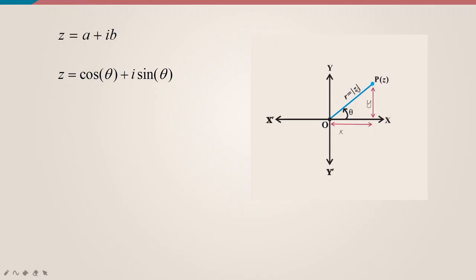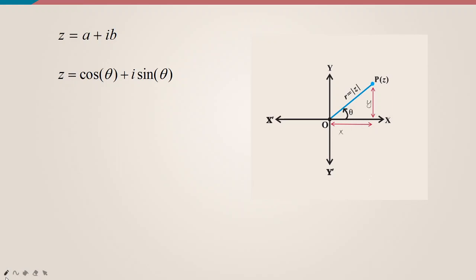Now if I want to scale it up, I'll come to that. I just want to show you now that z can also be written as cos theta plus i sin theta. Because now I know cos square theta plus sin square theta will be 1, the z value will be 1. But suppose I want z as 2, 3, 4, or many other numbers. What will I do? I can just multiply it. If I multiply this whole thing by 2, I'll get 2. If I multiply the whole thing by 3, I'll get 3.